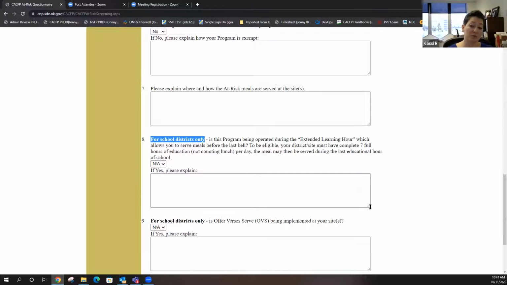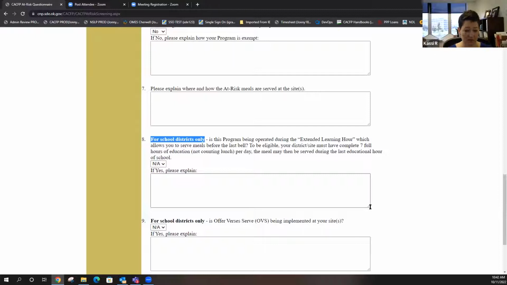At-risk program was designed to be an after-school at-risk program. But if you're a school district, regs have this very vague exception that you can serve before school is out only if you have an extended learning hour. And what the extended learning hour is, and if you're not a public school district, just ignore what I'm saying.